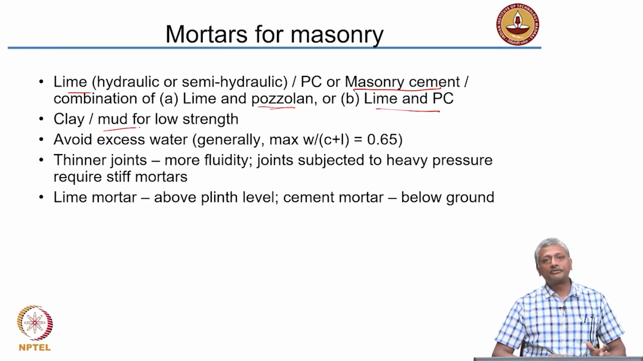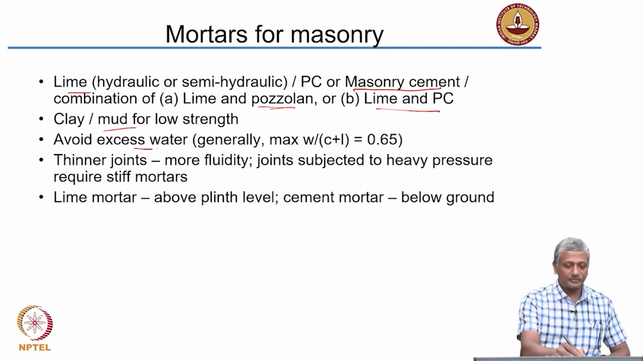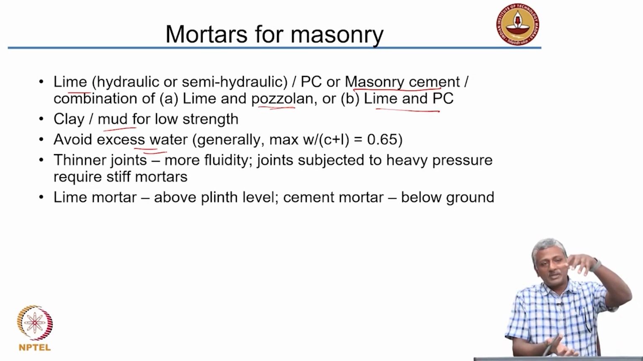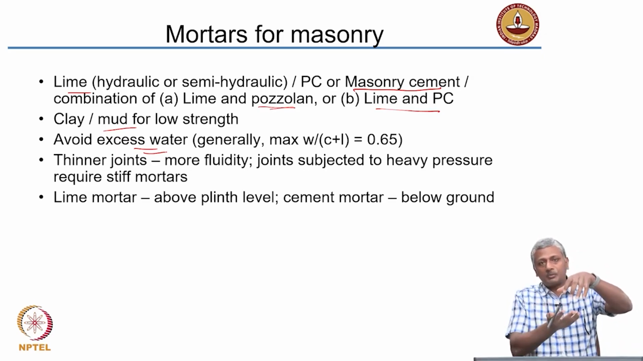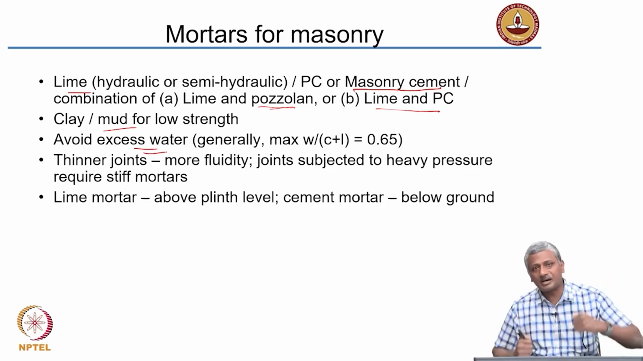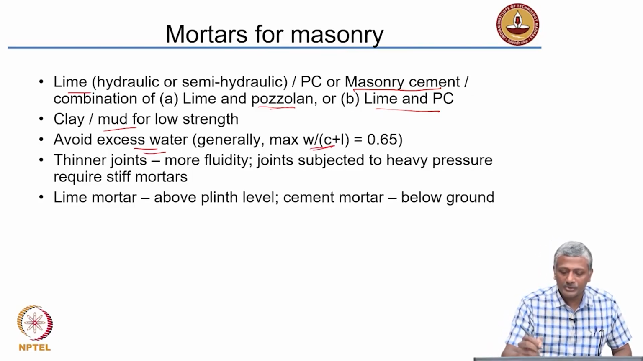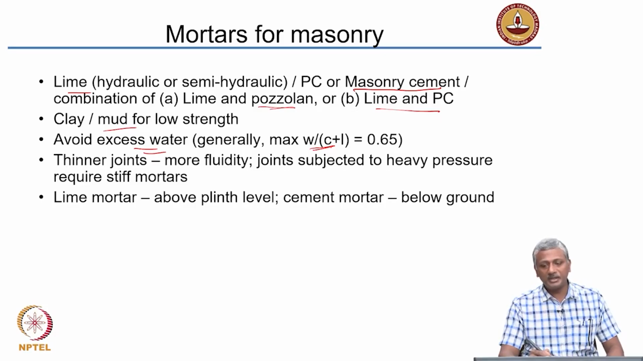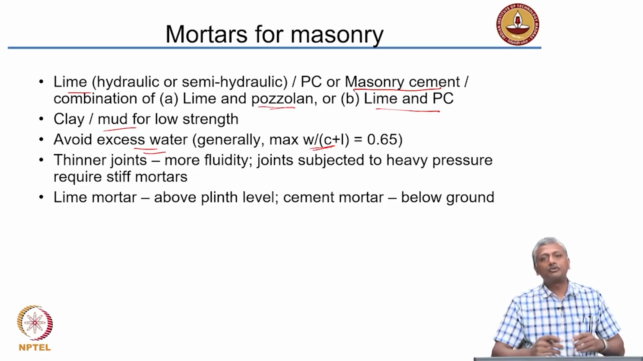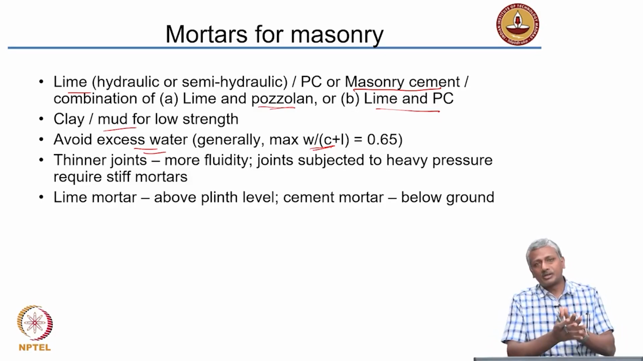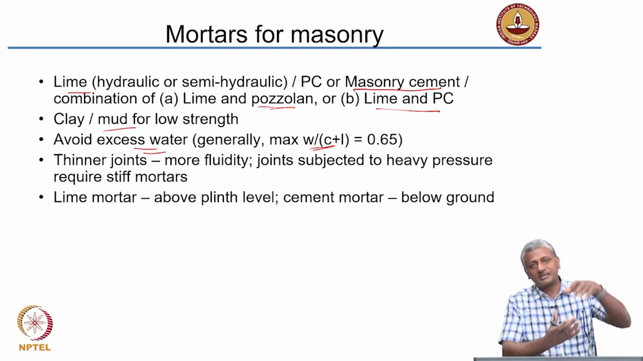The principle of designing the mortar for masonry is to avoid excess water. What will happen when you press the masonry blocks together with the mortar in between? If there is excess water, it starts coming out. So usually this is defined in terms of the water to cement plus lime ratio should be around 0.65. If you have too much more water beyond that, this water will start coming out when you press the mortar